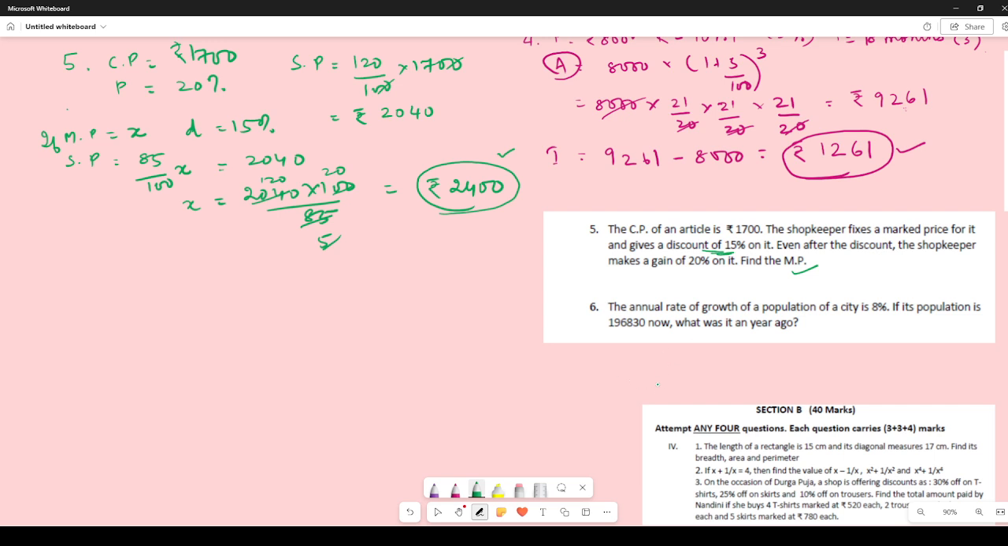Alright, now let us move on to the last question of the segment, which is question number 6. The annual rate of growth of a population of a city is 8%. If its population is 196830, what was its population a year ago? Now see, it is growing at a rate of 8%. So if